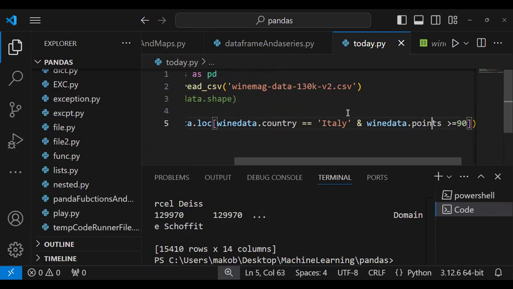Now, if you remember your logical operators very well, it will display all the rows where the wines come from Italy and their rating or the points are greater than or equal to 90. So for the rows which don't satisfy both of these conditions, they won't be displayed. For a row to be displayed, both of them have to be true. So when I save this and run,